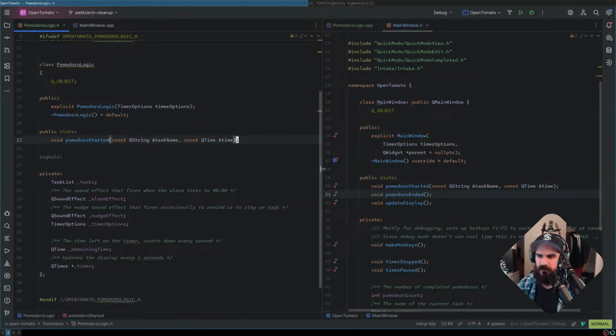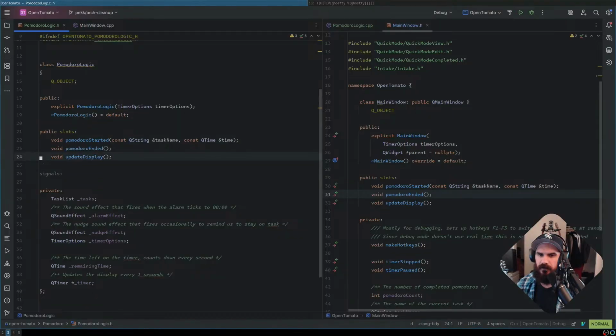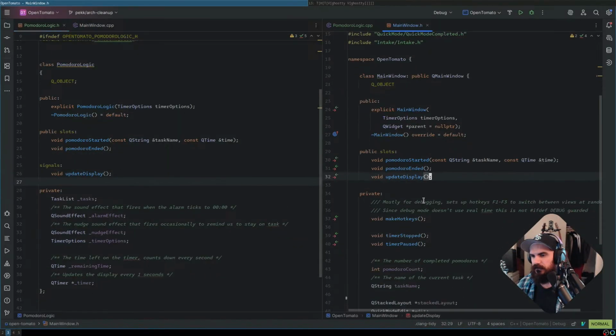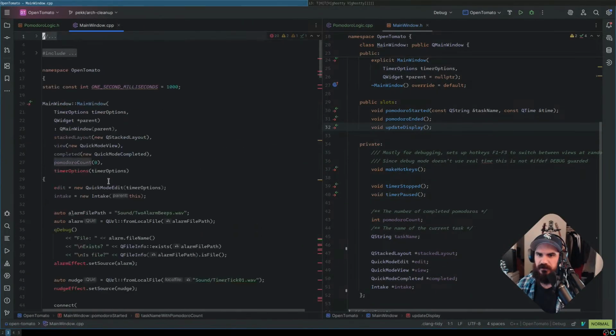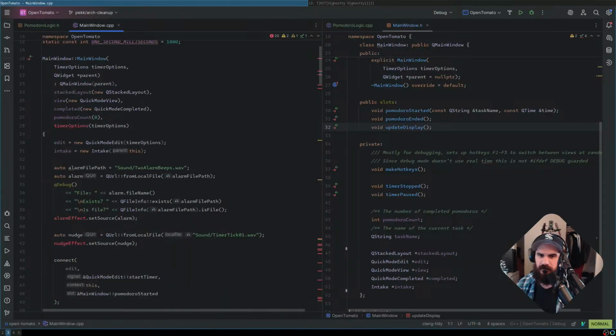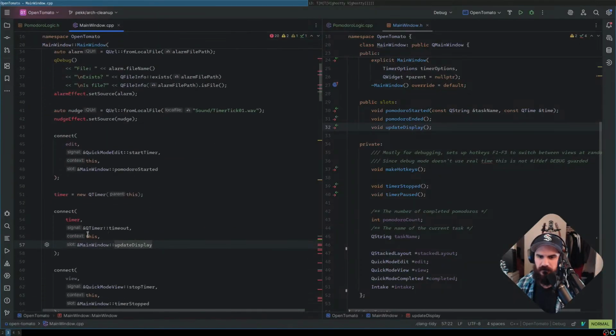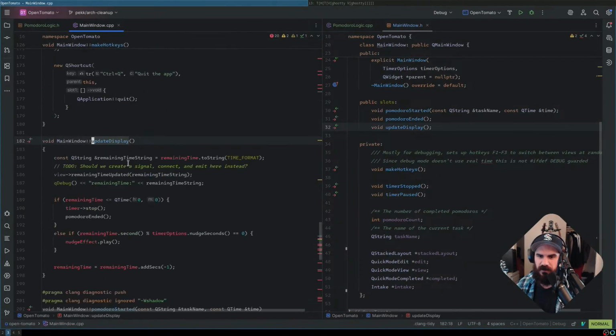I think these are going to be exactly the same. But I think update display is going to be a signal. Maybe. And I think the signal for update display, where the heck is update display connected to? Timeout, update display.